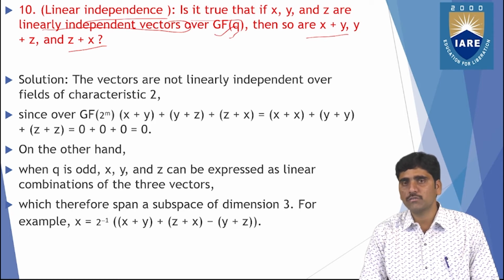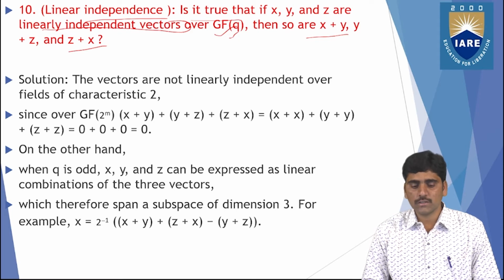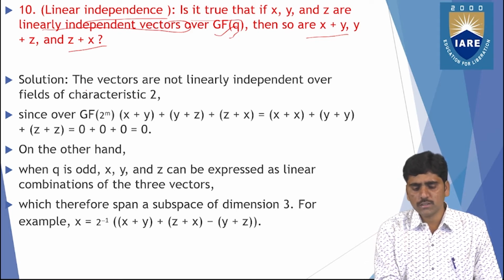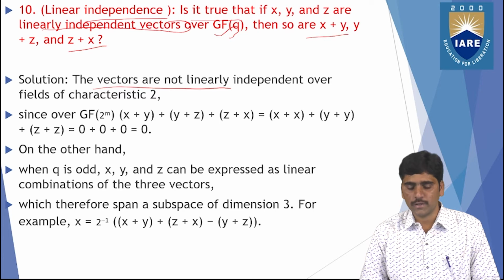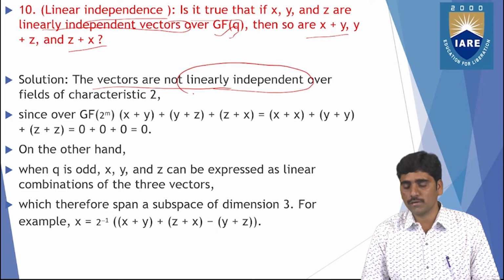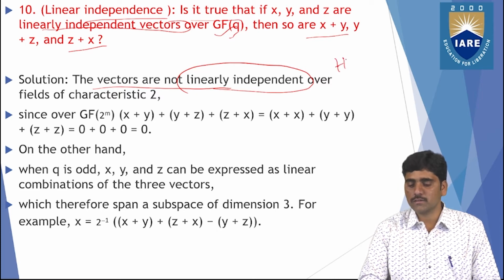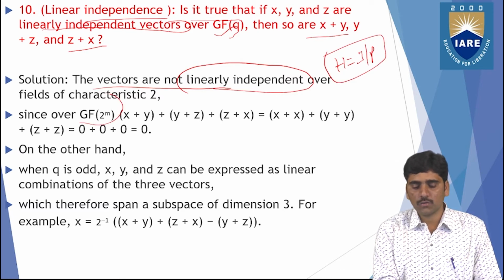To prove that, first of all we need to understand the Galois field, the Galois field of order M. We need to identify it first. After that, see here, the vectors are not linearly independent over fields of characteristic 2. The vectors are not linearly independent, because the linear codes over a Galois field are nothing but getting the representation H equals [I | P]. So we need to get this representation, right? Since GF of order 2 power M